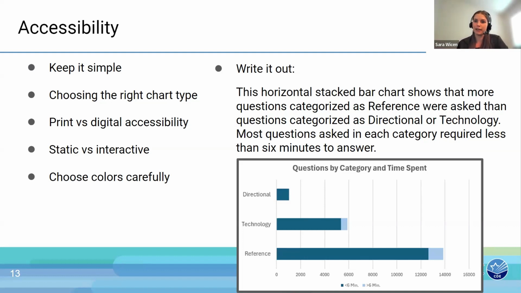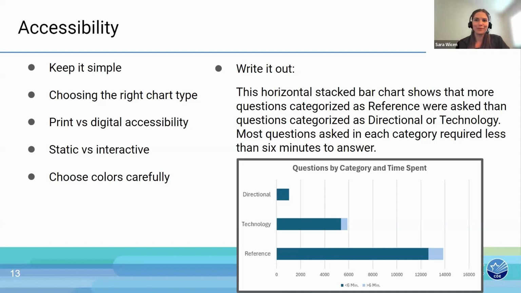So everybody can get all of the data within the chart, not just a key takeaway that you really want them to see, but have the opportunity to look at that data deeper if they would like to.